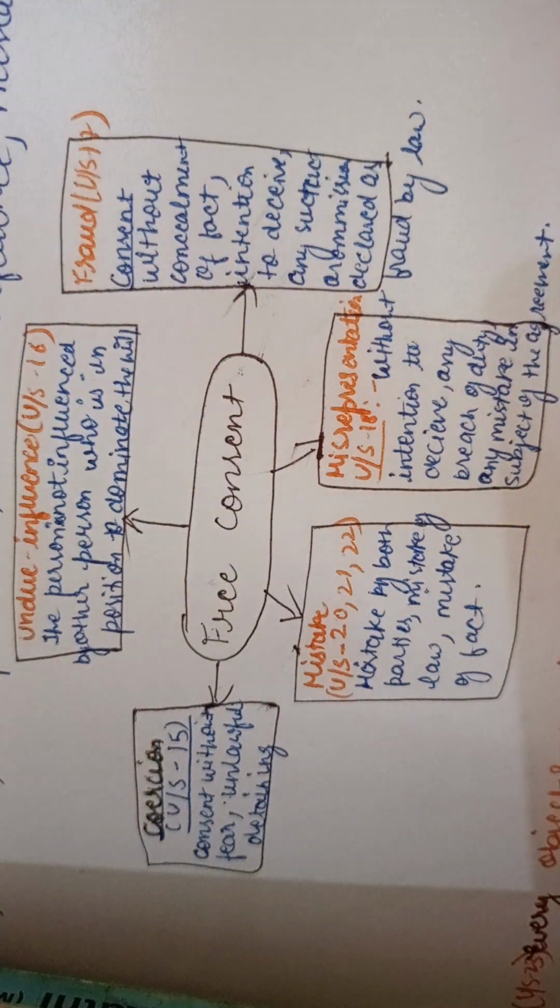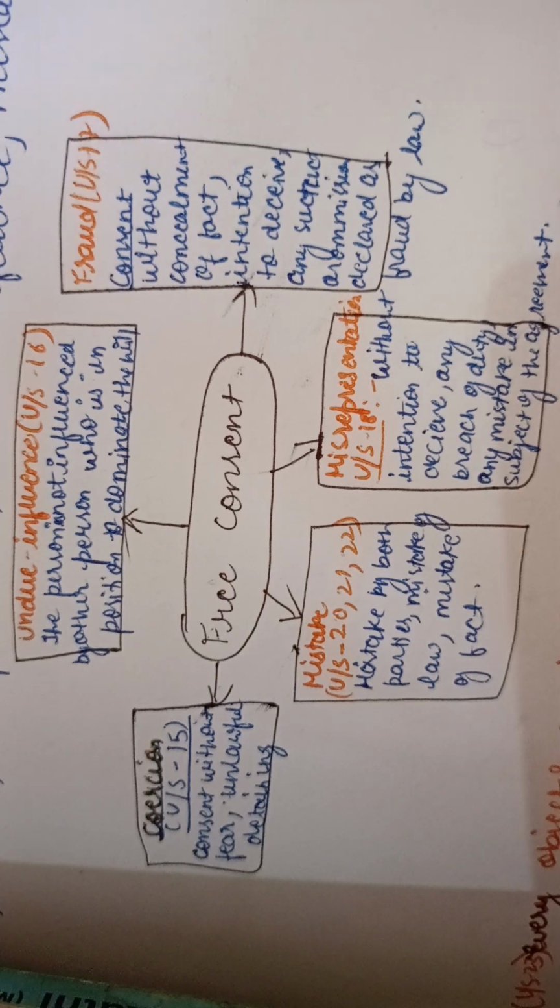The other important essential for free consent is misrepresentation, which is defined under Section 18. The positive assertion in a manner not warranted